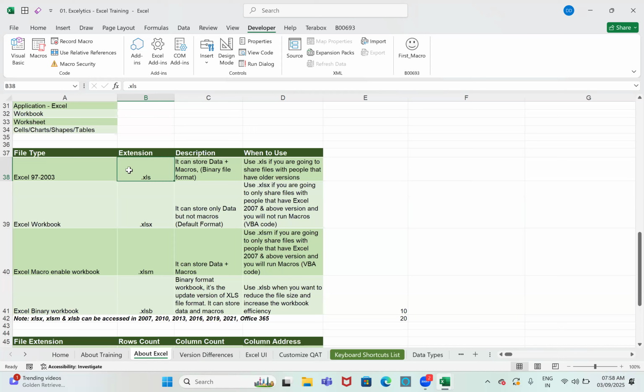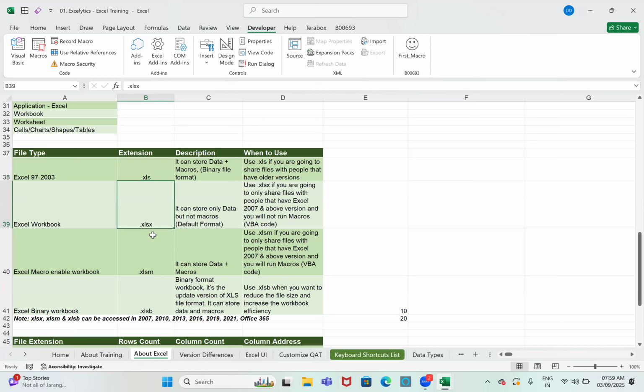Not only for Excel, other applications also: Word document .doc changed to .docx, .ppt changed to .pptx, an extra x added. Okay, because a lot of changed from 2003 Excel to 2007. So many formulas, features, look wise, visibility wise, everything changed.